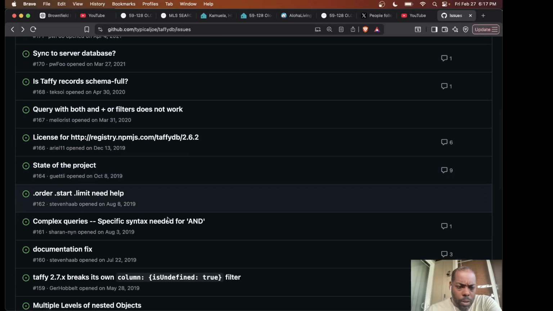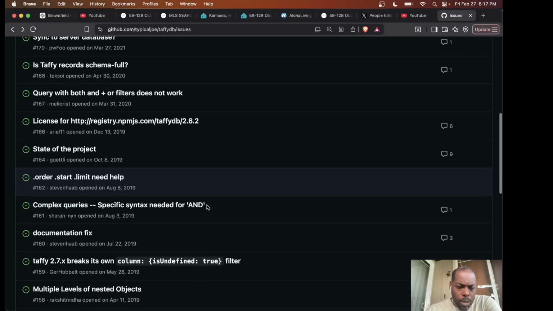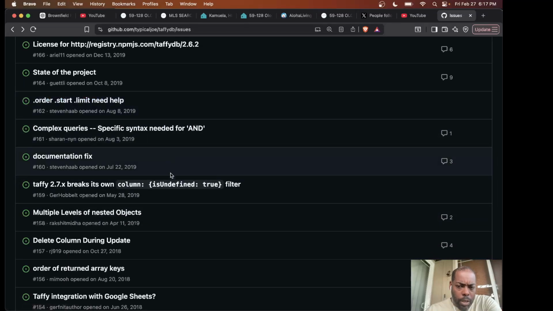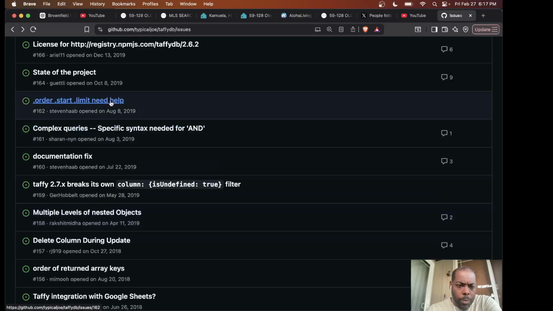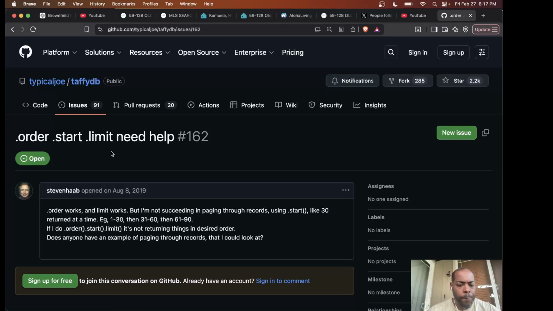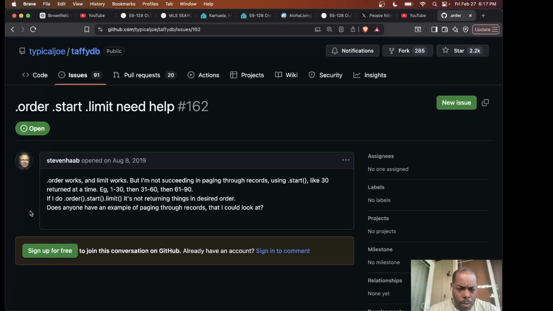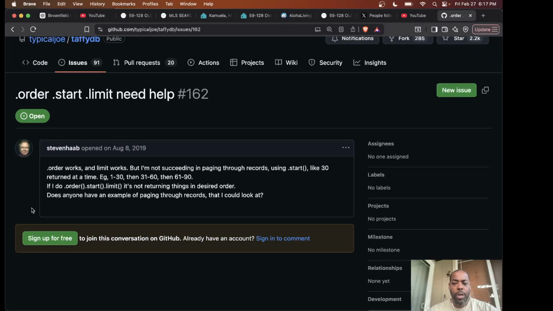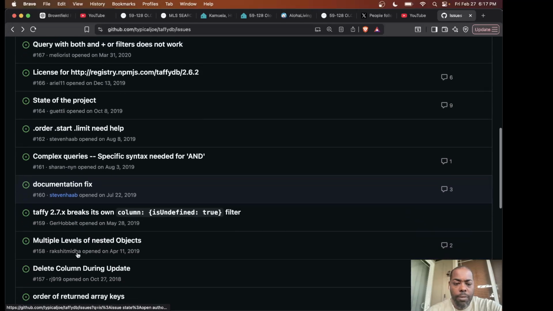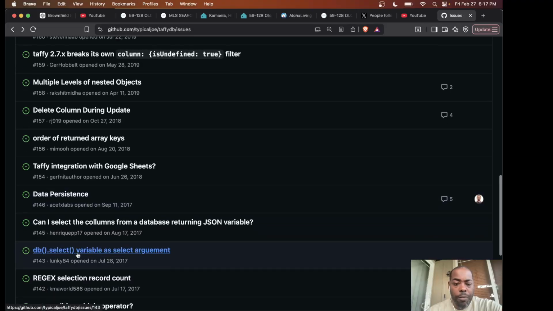What else? Order, start, limit, need help. Need helps are good. I'm not succeeding in paging through records using start, like 30 return at a time. Then 31 through 60, then 61 through 90. If I do order, start, limit, it's not returning things in desired order. Does anyone have an example of paging through records that I could look at? Very old issues. These are some very old issues. We don't even know if they're still around, but